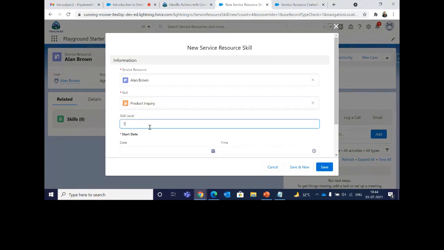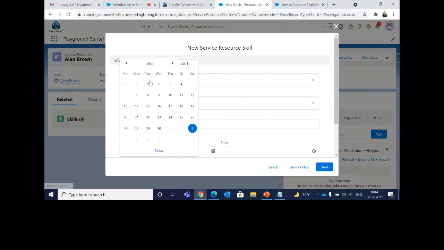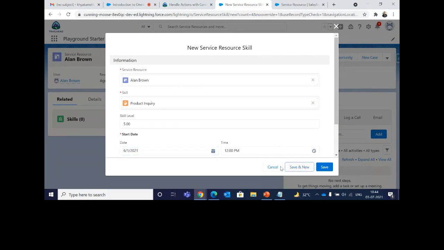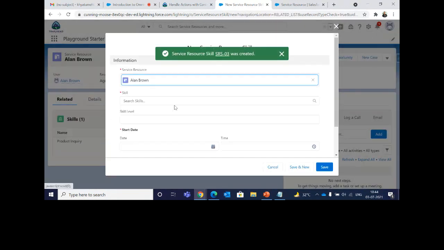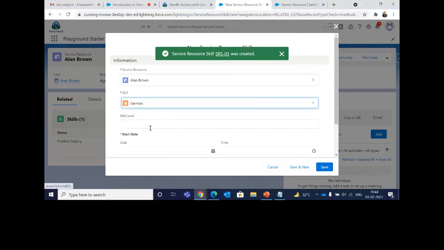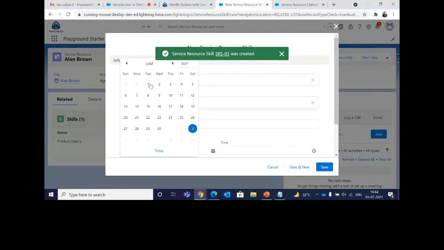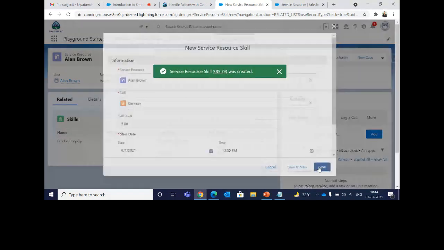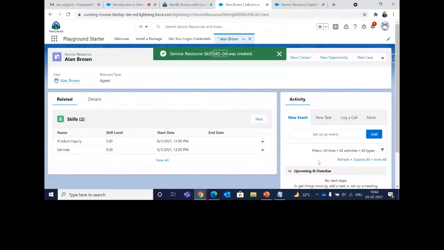I'll give product inquiry, skill level being 5, start date, and save. On new, I'll give one more as German, skill level, and just click on save. So I have assigned these skills to my service resources.